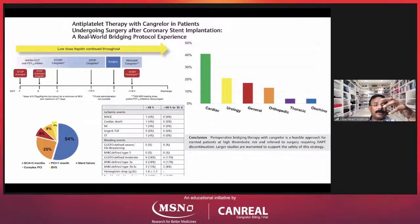These were various subgroups at risk of stent thrombosis, like those with stent failure, percutaneous coronary intervention 1 month ago, ACS within a period of 3 months, complex PCI, and BVS also. What they found: there was one death, which occurred within 3 hours of discontinuation of Cangrelor infusion. MACE 4% in less than 48 hours, MI 4%, urgent TLR none, stent thrombosis 1, life-threatening bleeding none. So perioperative bridging therapy with Cangrelor is a feasible approach for stented patients at high thrombotic risk